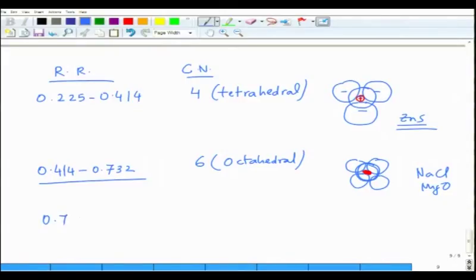And when your radius ratio is between 0.732 and 1, then the materials tend to follow 8-fold coordination, which is cubic coordination. Essentially, you have the first layer of atoms like this, and the second layer of atoms like this, and between these two layers you will have a cation sitting. Obviously, the anions are not exactly touching each other. This is followed by things like cesium chloride.